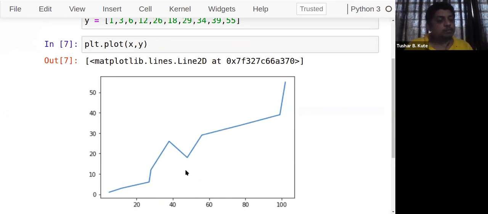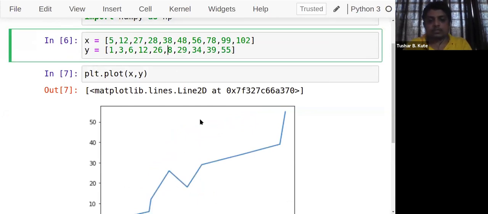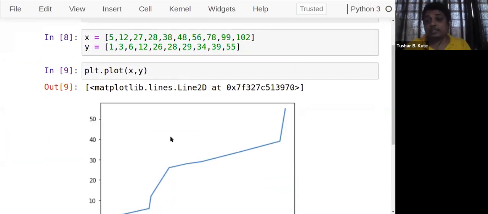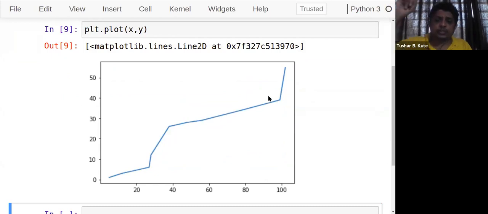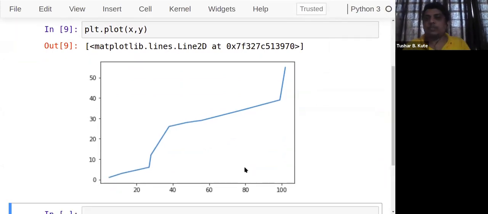As I told, the advantage of using visualization is to find a trend. See, after that it has decreased and then again increased. After 26, it became 18, and then it increased. Let me make it 28, so it is not decreased. It is increasing, increasing, and increasing over time. There is no proportionality there, but I can observe that it is increasing continuously. So the relation between the two can be shown with the help of this kind of plot. This is what we call a simple two-dimensional line plot.